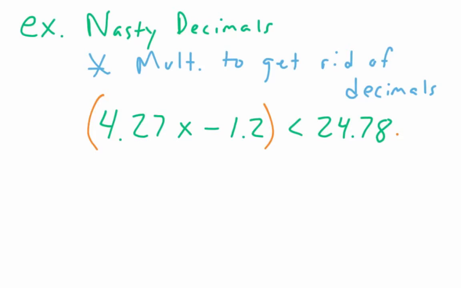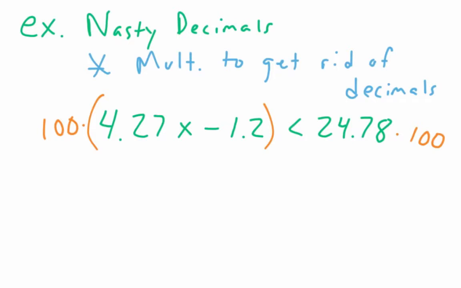So my maximum number of decimals is going to be 2, right? I have 4.27, I have 2 decimal points there. I have 24.78, 2 decimal points there. So if I want to move the decimal point 2 to the right, what do I multiply by? Multiply by a 1 with how many zeros? Yep, 2 zeros. So if I multiply by 100,